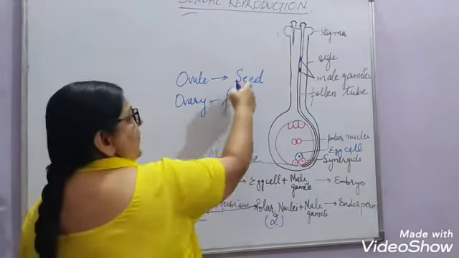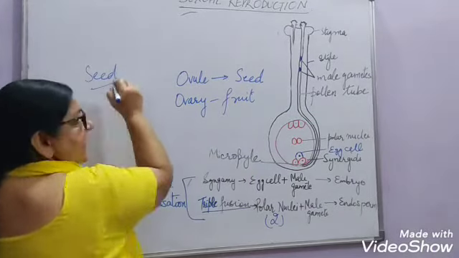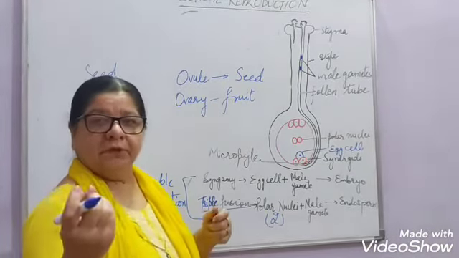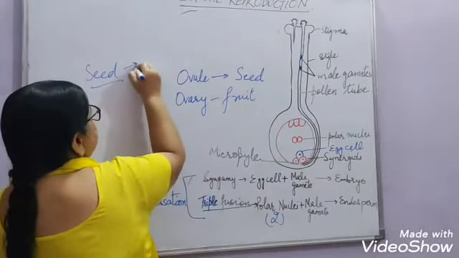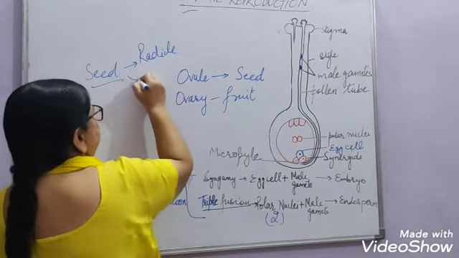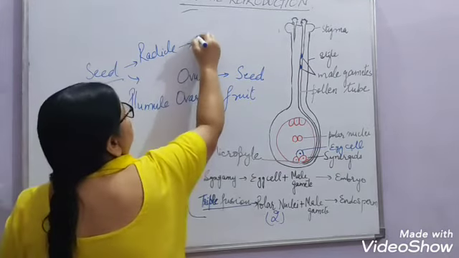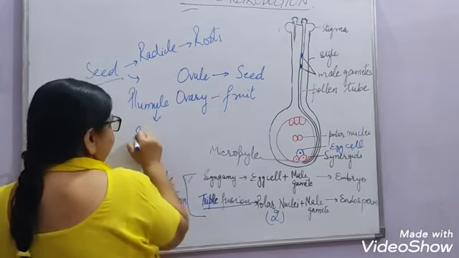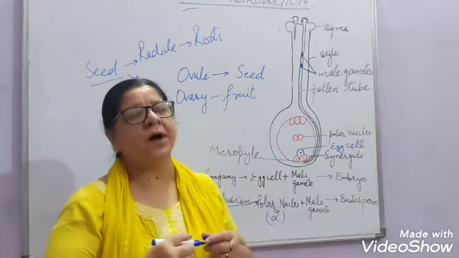The seed, when sown, will germinate, right? When it gets appropriate water, air, temperature, it will germinate and will form the radicle and the plumule. This radicle will form the roots, and the plumule will form the shoots, right? And this will give rise to a new